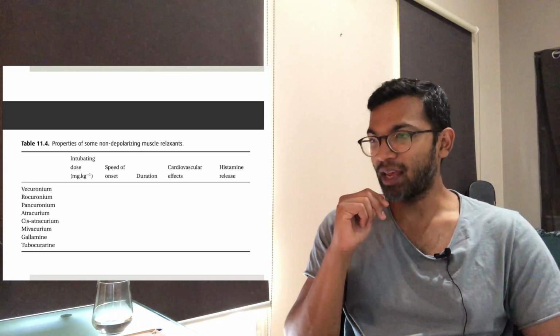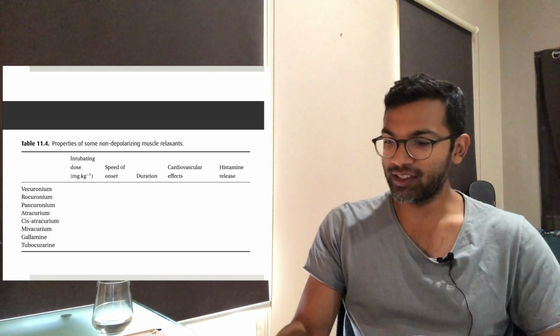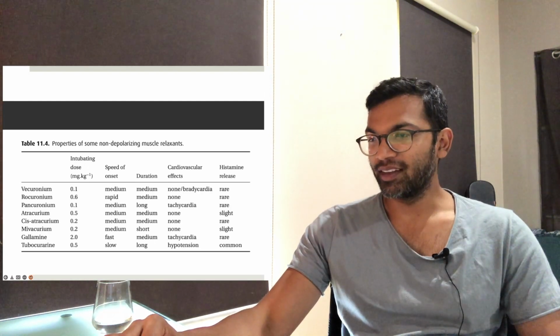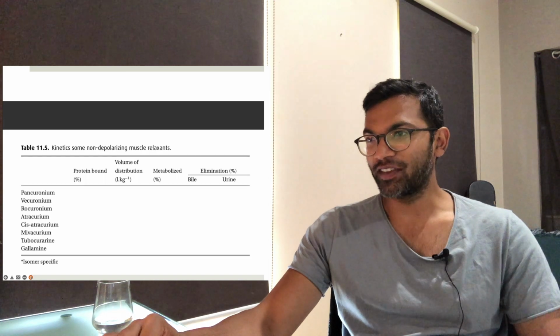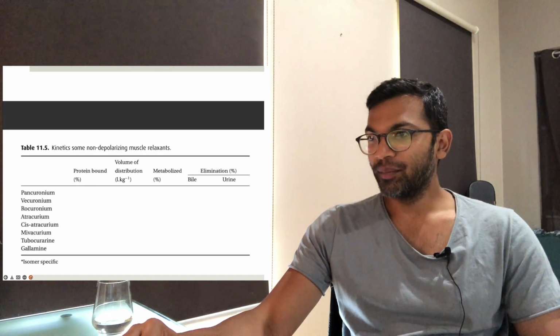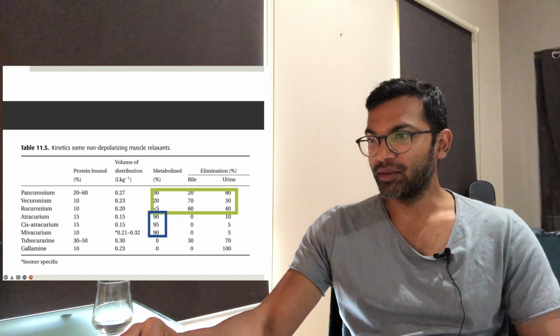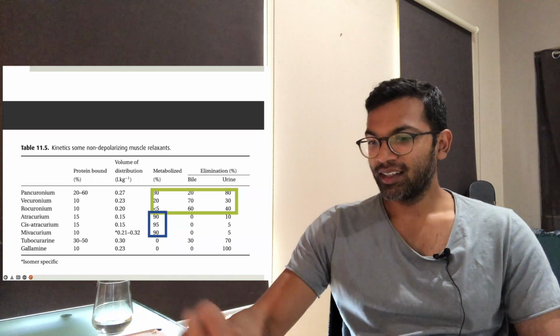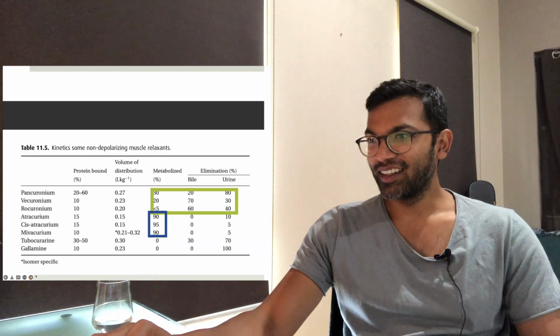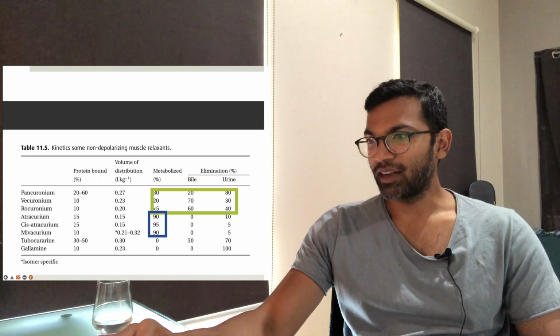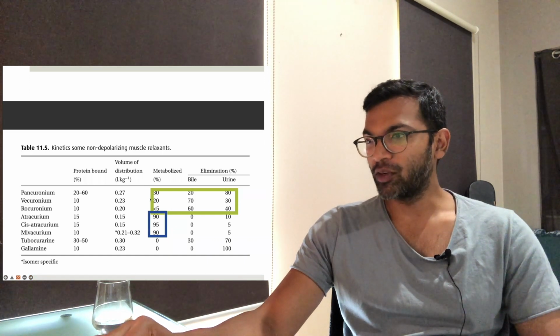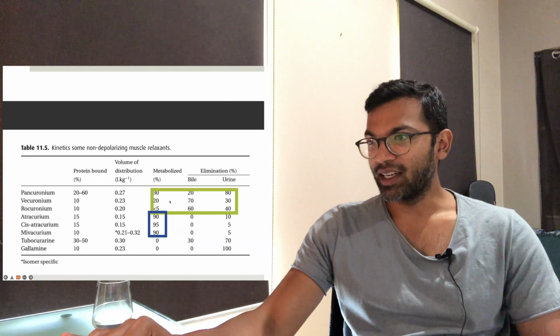Yeah, let's go through the muscle relaxants. Just try to fill this table out as best as you can. Take a minute to do that. Okay, and obviously this is probably a far less catastrophic table to go through. But let's just go through this anyway. So a lot of the detail here is the fact that pancuronium, vecuronium, rocuronium, they're metabolized, I guess, percent metabolized